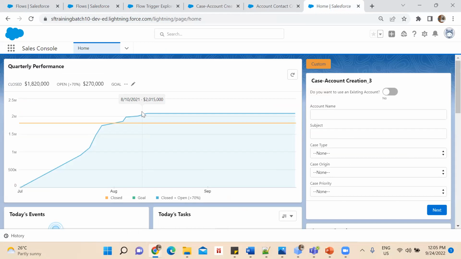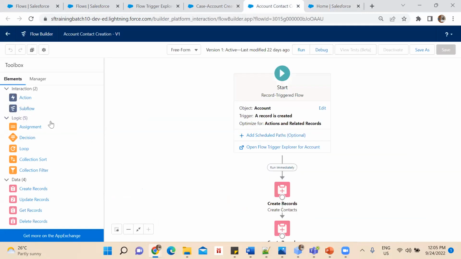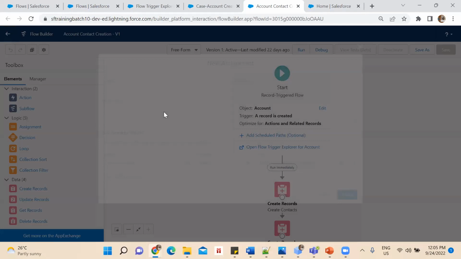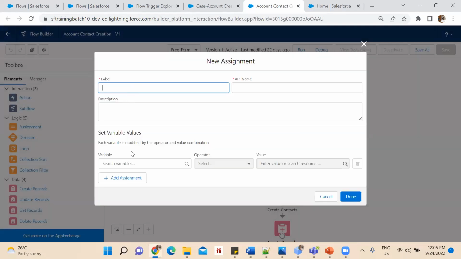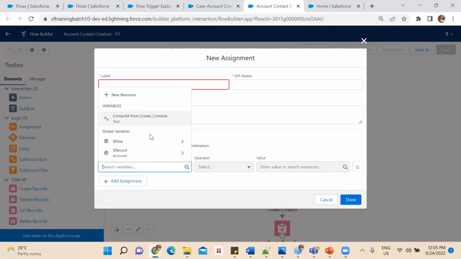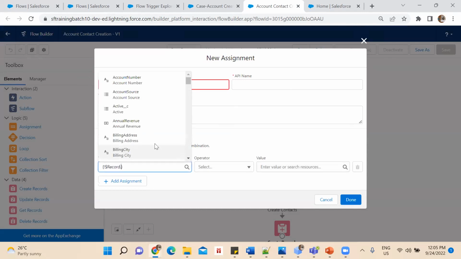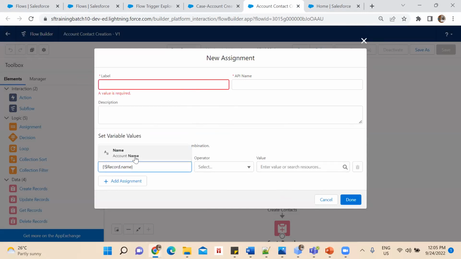Is there any specific need that we have to define all the variables as parameters, assignment elements? Is it mandatory that we have to declare? Yeah, obviously, you have to declare. So the assignment operator is used when you assign a value to a variable. Suppose I am using this account name, and what value should be assigned to this?